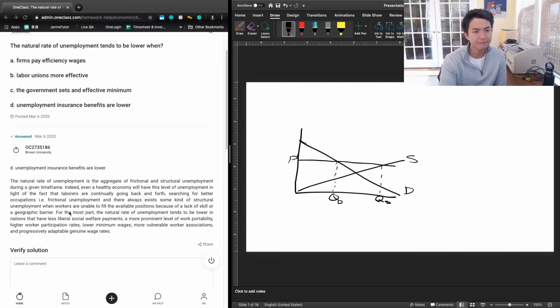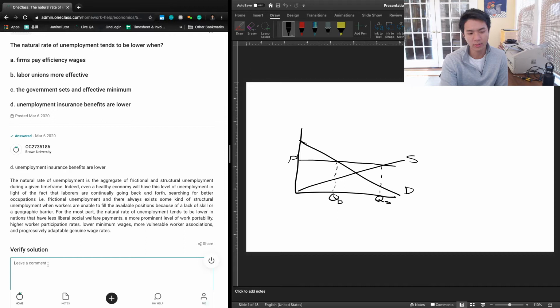I think the answer could be a little bit better if it indicated the factors, for example, which of these answer choices is associated with which type of unemployment. And we know A through C are associated with structural unemployment, and D is associated with frictional unemployment. So if we can just add that in, that would make this question a lot easier to understand. And so, okay, add in,